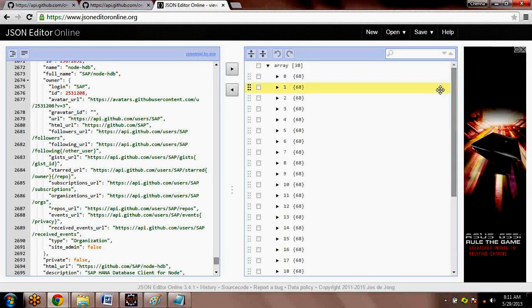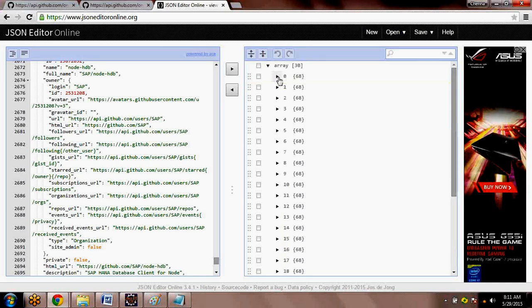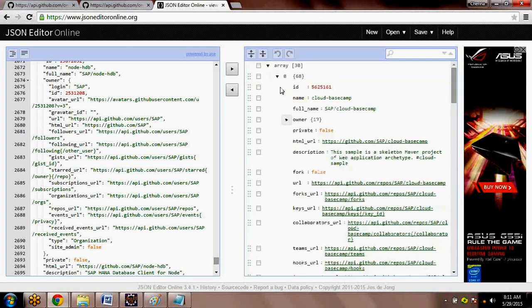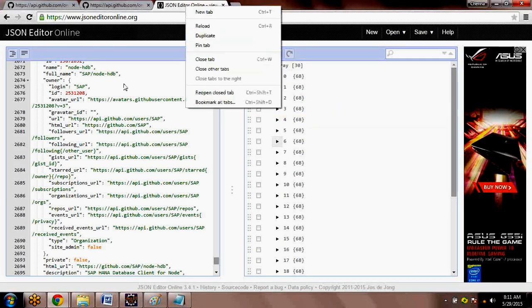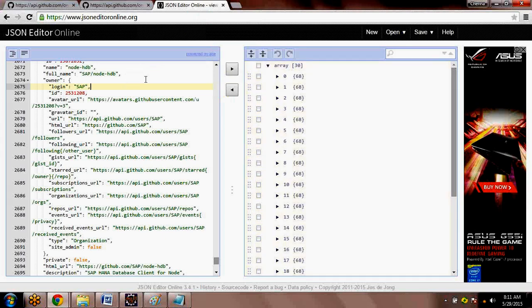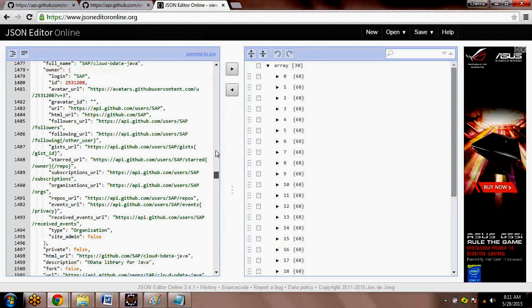Now if I click on this one, I see the data. How to create this kind of JSON, we'll see after this program. If you want to understand JSON well, then use online JSON editors.